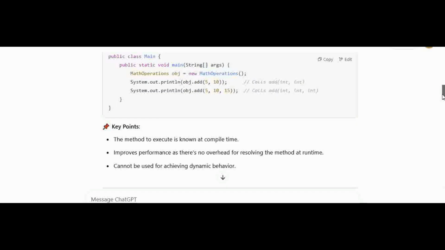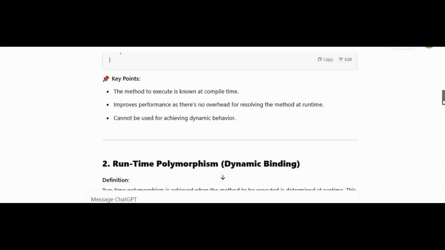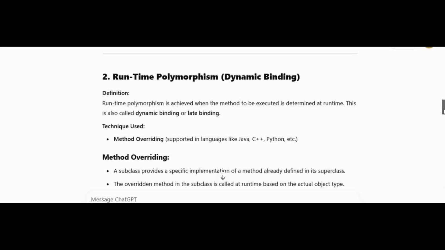Now, we are going to look into the second type of polymorphism, which is runtime polymorphism, also known as dynamic binding. Runtime polymorphism is achieved when the method to be executed is determined at runtime. This is also called dynamic binding or late binding. It is usually achieved through